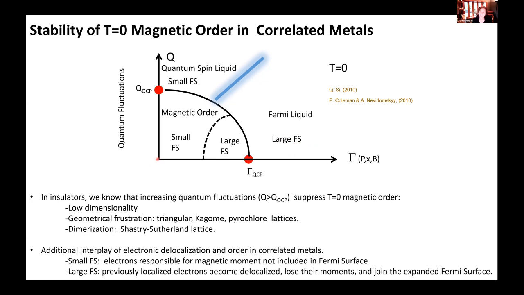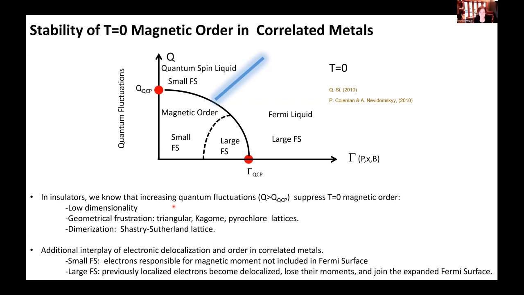On the other hand, it's possible that if you have a strongly localized magnetic moment, you can introduce quantum fluctuations in some way, and when they become sufficiently strong, magnetic order is no longer possible. This is the state that is of interest, the quantum spin liquid, where you still have magnetic moments, but you have no magnetic order. And so the name of our game is to try to find materials which are quite close to the quantum spin liquid so that we can drive that instability using some of the experimental tools that we have.